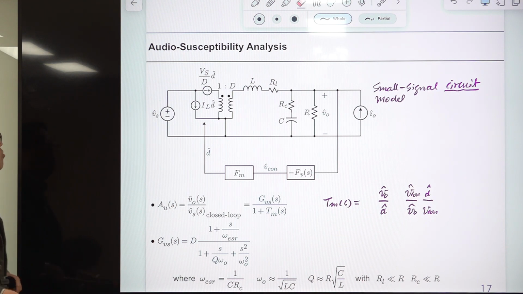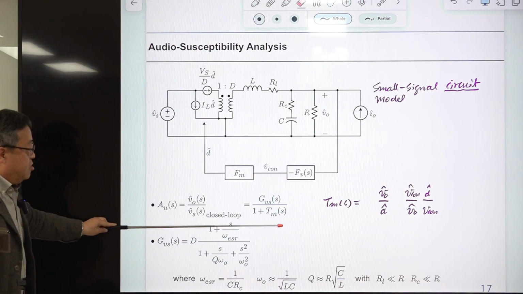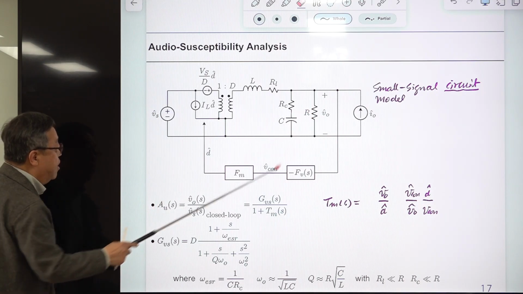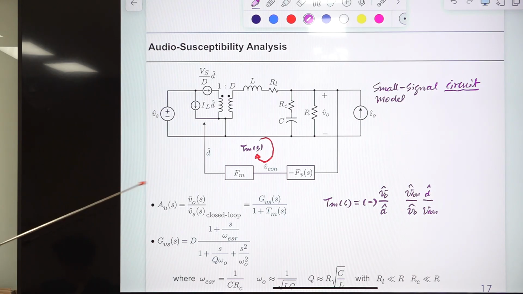Okay, so we're going to use this here, and this is the expression for the input to output noise transmission, or audio susceptibility. This is the equation, and you have this input to output transfer function and 1 plus T(s). T(s) is the loop gain, defined as the negative of the gain product of all the functional blocks along this feedback path. Initially we have a negative sign here, so a minus sign is here,